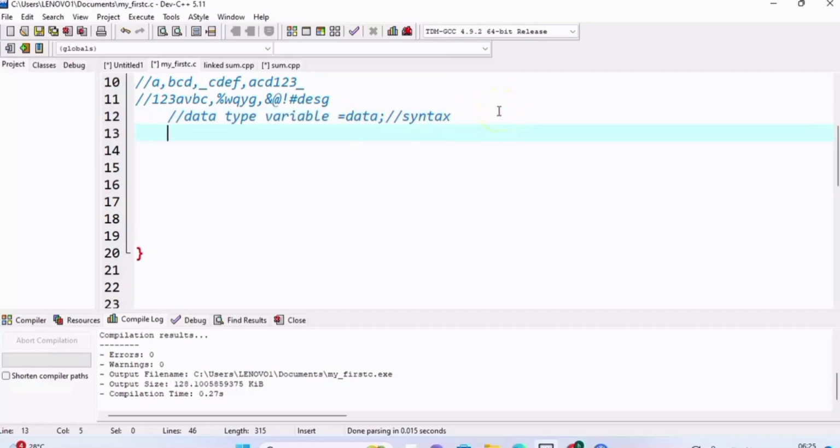I will give some examples. I am going to store 2. What is the data type of 2? 2 is an integer, so int is the keyword. After that you can give any variable name. I am giving a equal to 2, and every statement you must end with a semicolon. So I am going to end with a semicolon. So, int a = 2;